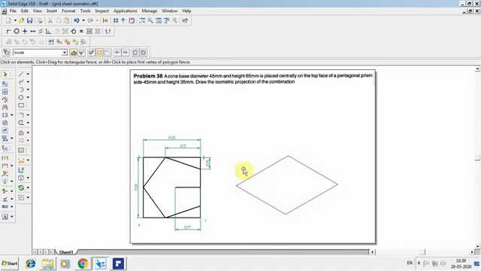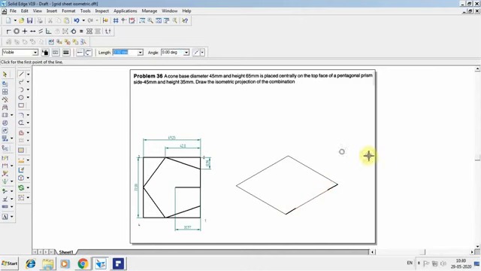So once you've done this, I have to construct the pentagon over here. From 1 to 2 there are 2 points of the pentagon, that is from 1 it will be 13.91, again from 2 it will be 13.91. So you can select the line option. From this point you're going to go for 13.91 at an angle of 30. So the first point will be fixed. Similarly from here again you're going to take 13.91 in the reverse direction, that is minus 150. I'm going to take the line. Now this part between 2 to 3 it is 42.8. So I'm going to select that from this point.